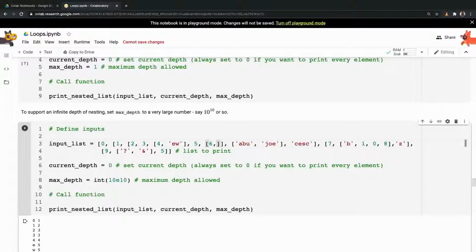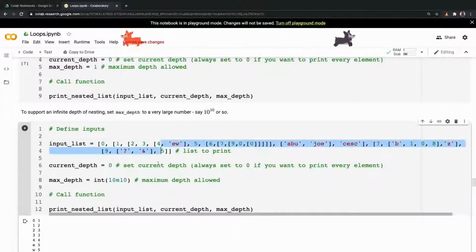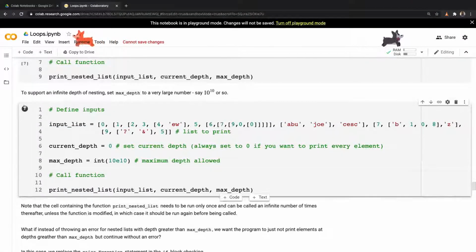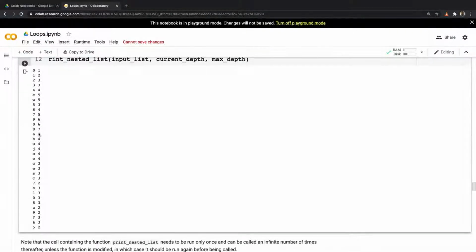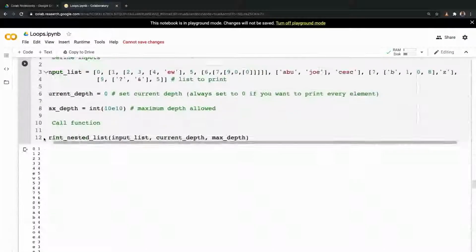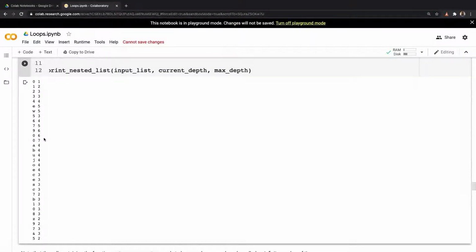Let's see, I'm just doing some crazy stuff. So this has pretty huge layers, and you see, it prints. I think this has 7 layers. So I think that's the end